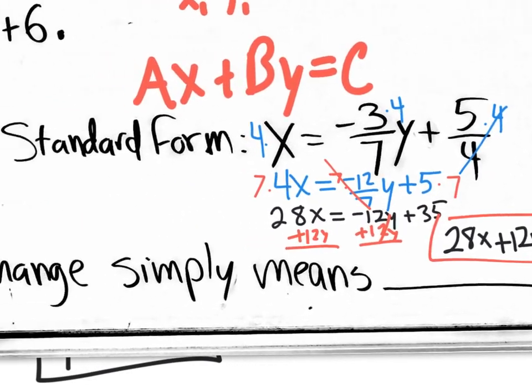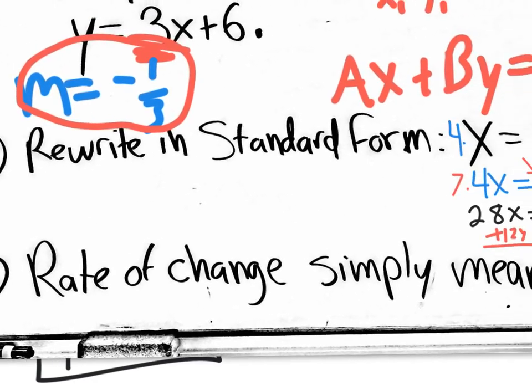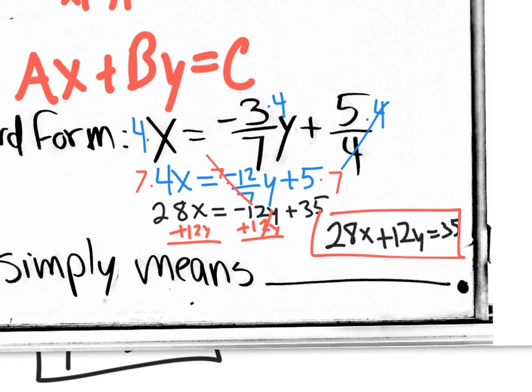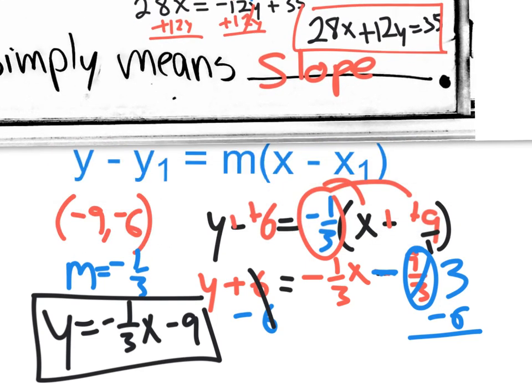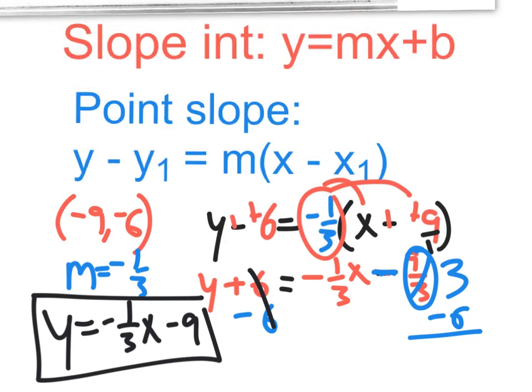This last one. Rate of change simply means what? Slope. Thank you very much. Slope. That's what you need to fill in right there. Now, it's not going to really ask that fill in the blank question on the midterm. But on the midterm, it's going to give you a graph. Let me actually clear this right here. So like, let's say we had